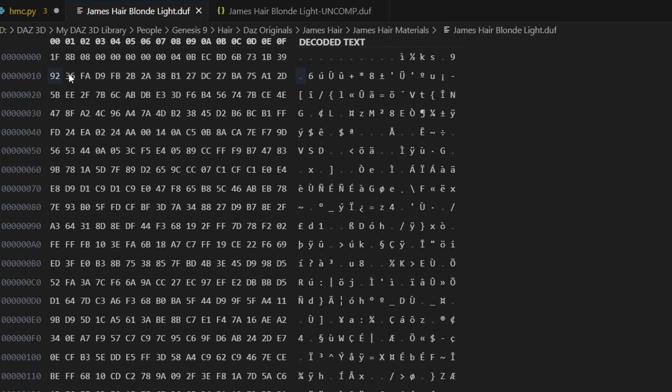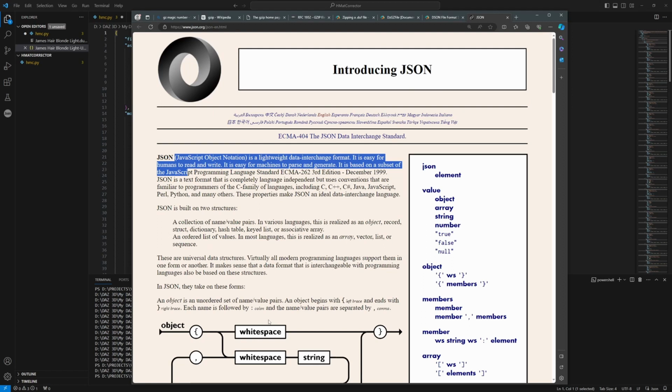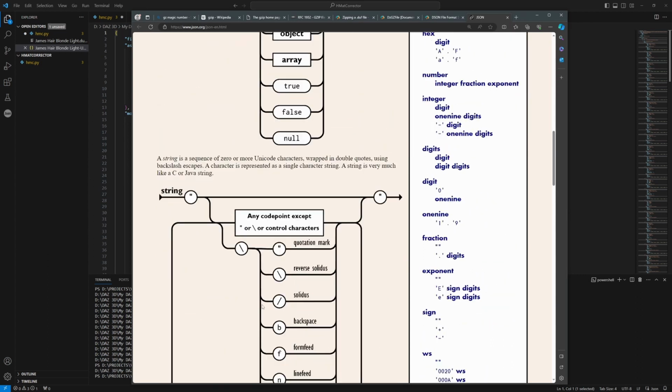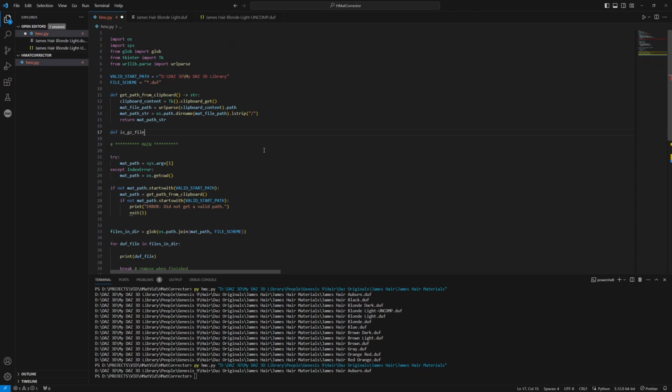So there's one final theoretical question left. Can a JSON file also start with 1F8B so that my code would erroneously detect GZip? No, because the JSON specification tells us that it's organized in objects and arrays, which either start with a curly bracket or a square bracket. And to those screaming at me, "Why don't you check for the brackets then?" I answer, because with 1F8B I also check if it's really a GZip